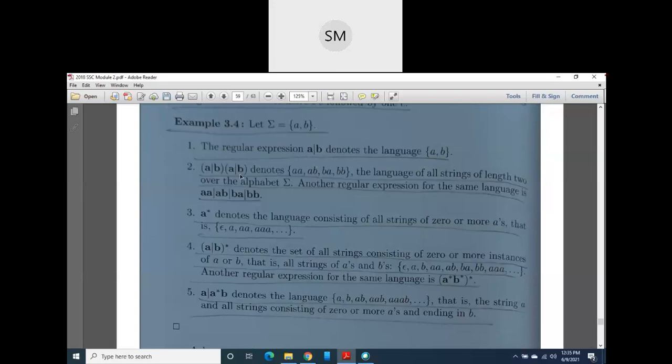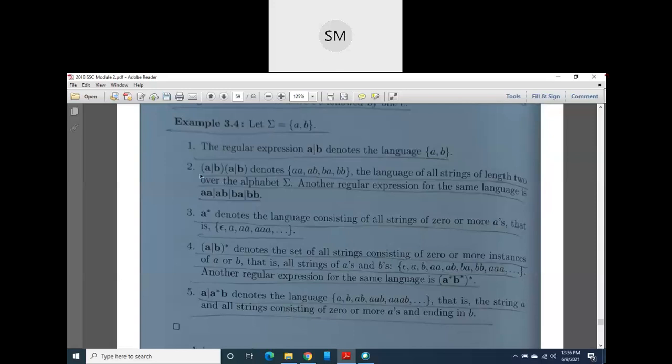Then here you can consider this set of symbols. This set of symbols or set of strings are nothing but languages. So you can call this sigma as representing a set of languages, and the same language we are getting from this regular expression. Now, if you consider the second regular expression, which is very interesting, that is A union B concatenated with A union B, then what is its meaning?